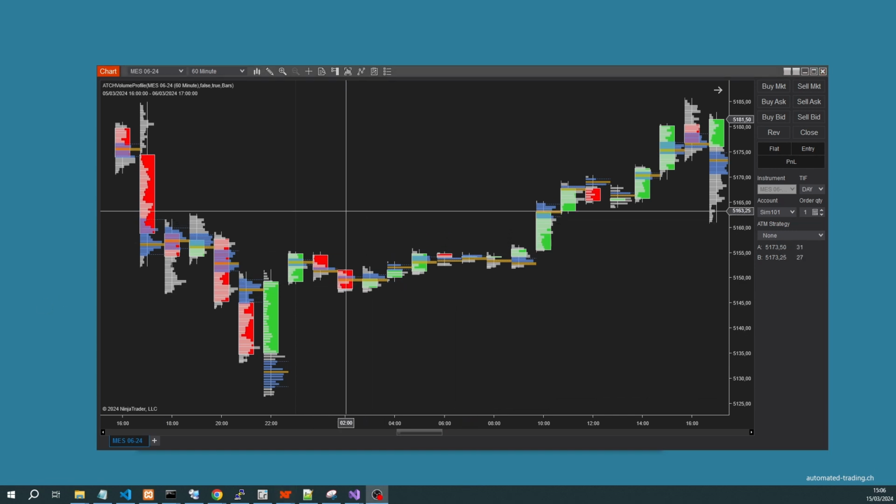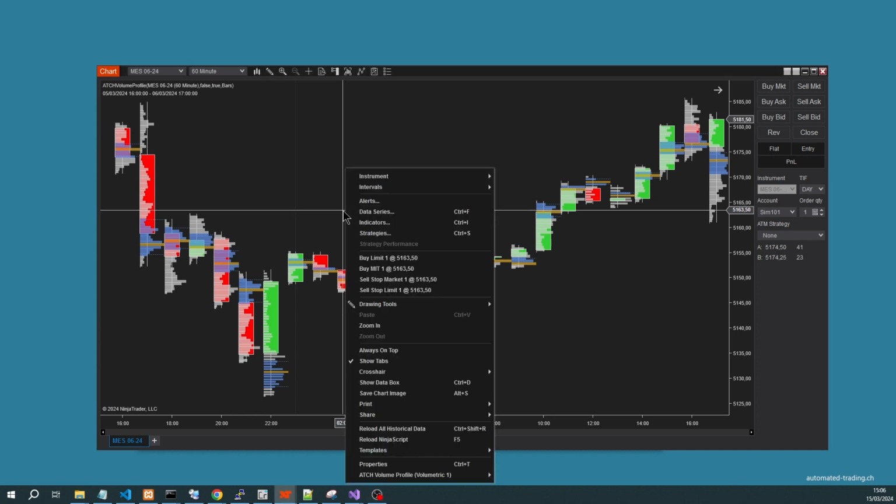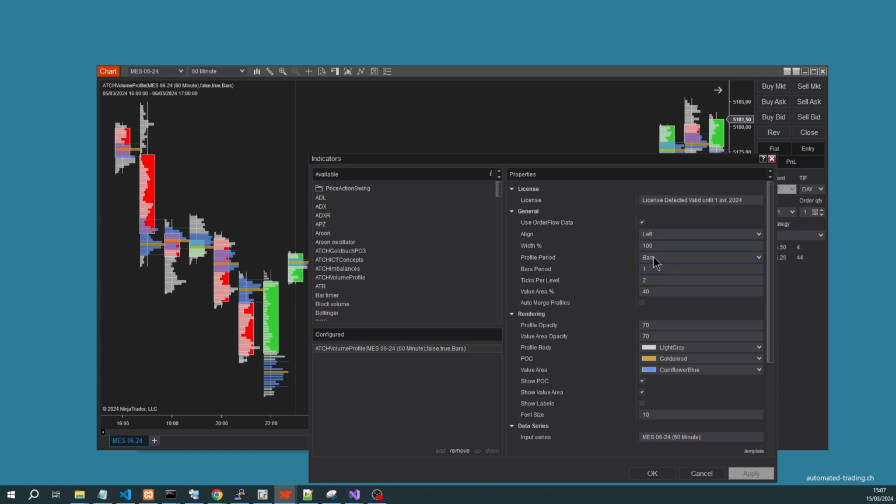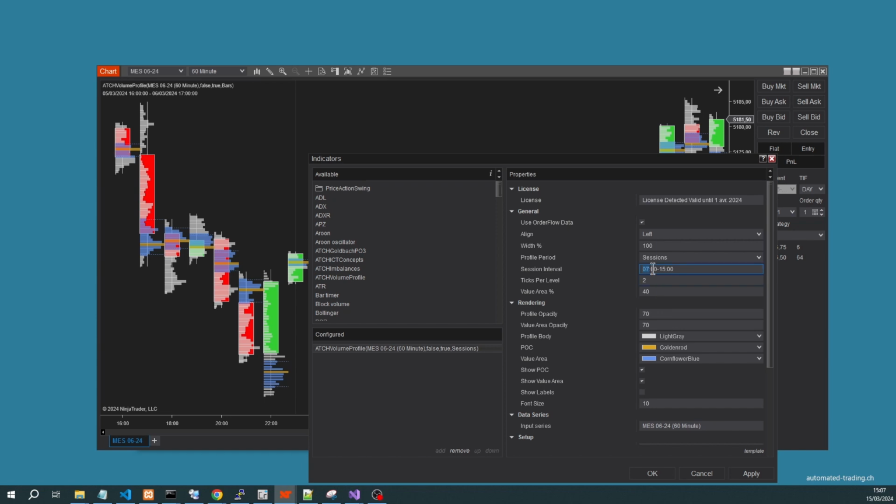Okay, so the second method, which is my preferred method of using the volume profile indicator, is using sessions. And for that, I will change my indicator parameters. I will change bars to sessions, and I will set the session interval from 1 a.m. to 9 a.m. Eastern Time. I have to adapt this to my local time, and I just figured out that